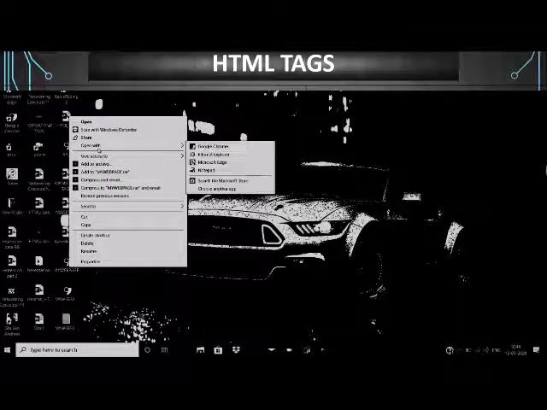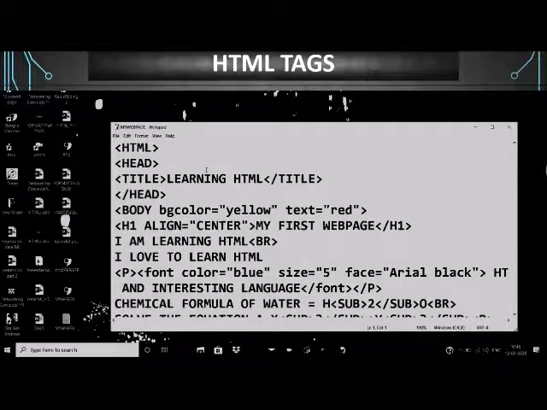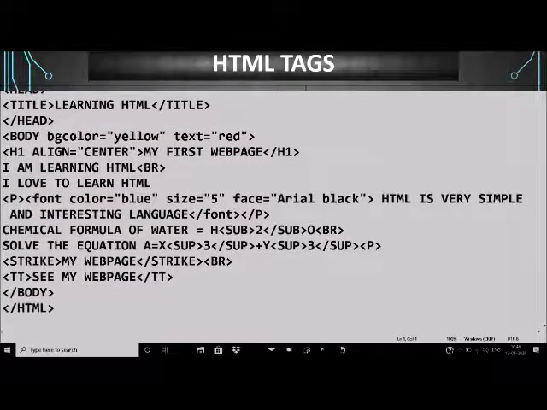If we want to make any changes in our web page, then we'll have to open that document in Notepad like this. Now, in the previous session I discussed all these formatting tags. In today's session I will be teaching you how to insert HR, IMG and ordered and unordered lists in our web page.